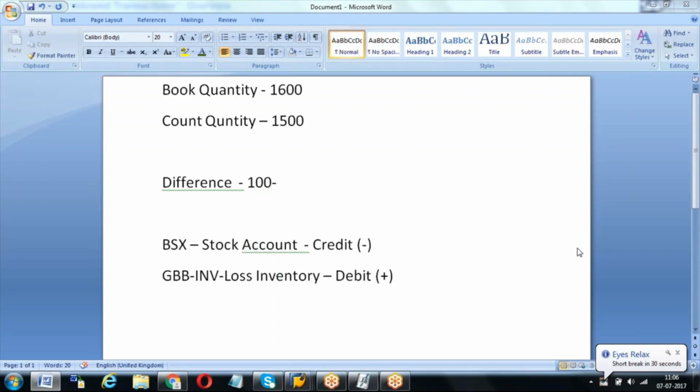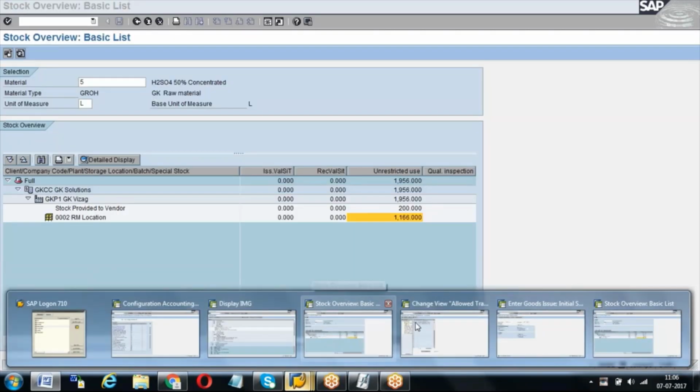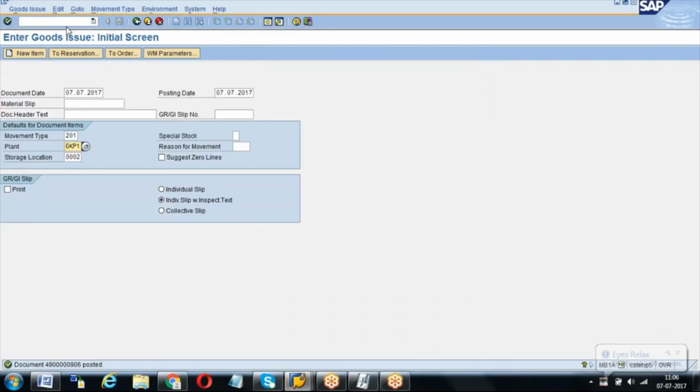Means I ordered 10 bundles of paper for the admin department. I will keep the admin cost center in my purchase order and account assignment category K. Okay. Simple. The stock will directly go to admin then? No, there will not be any stock. Material will go. We won't see any stock.